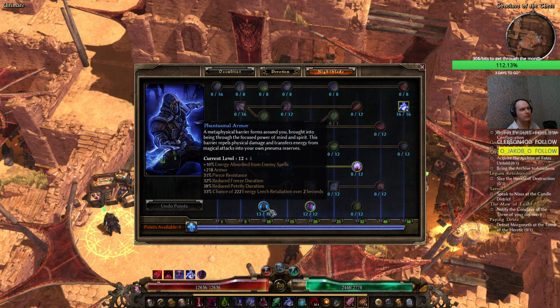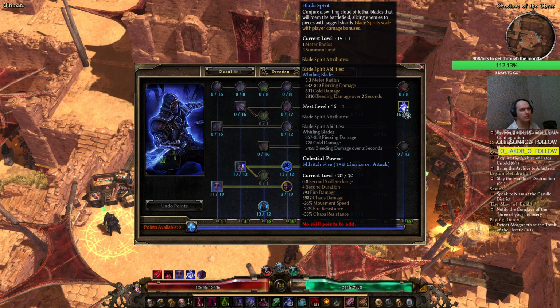Phantasmal Armor, soft capped here, piercing resistance armor, and energy absorption, pretty good to have. And we have 16 points in Blade Spirits. So in the current patch, putting your Blade Spears on a soft cap gives you additional Blade Spirit, right? And in Blade Spirit, we have Eldritch Fire, so we have 3 Blade Spirits doing damage every second,